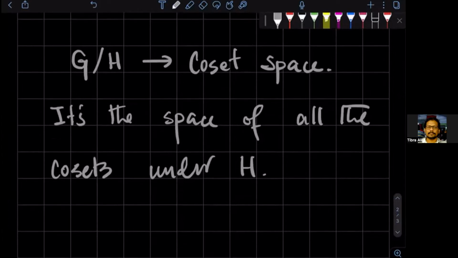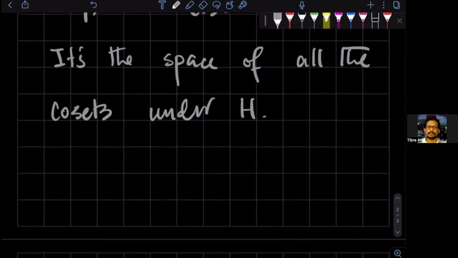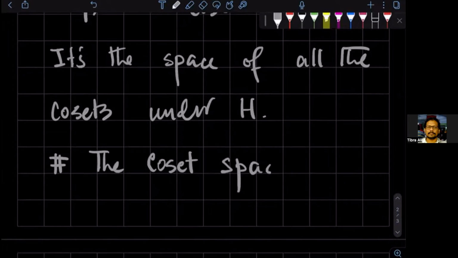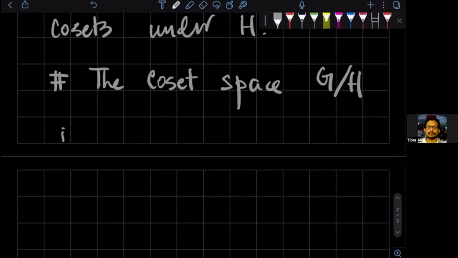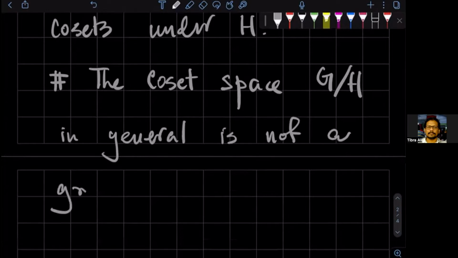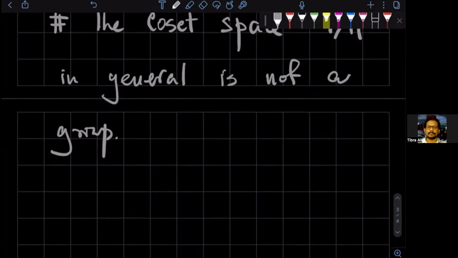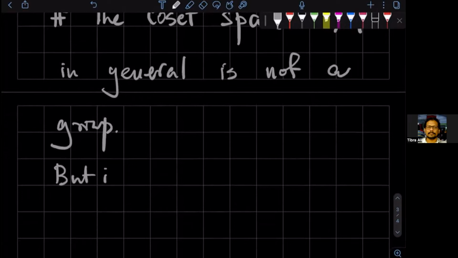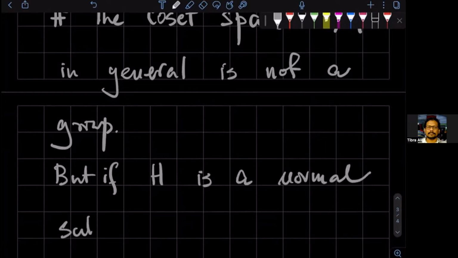So the coset space is in general not a group. Okay, the coset space G over H in general is not a group. But if H is a normal subgroup,